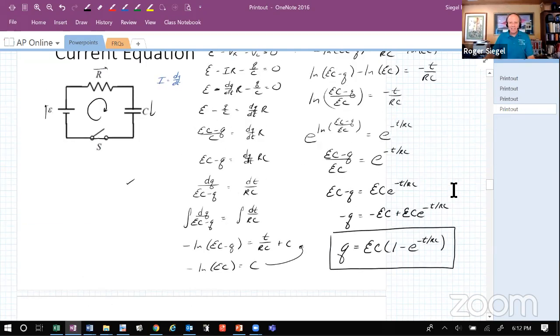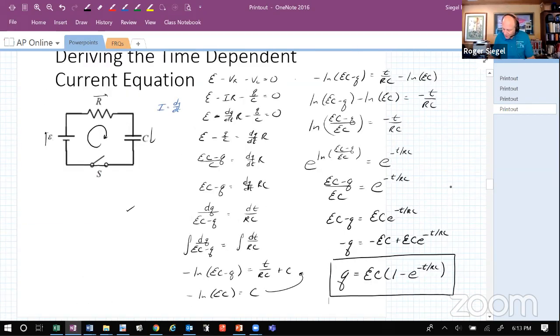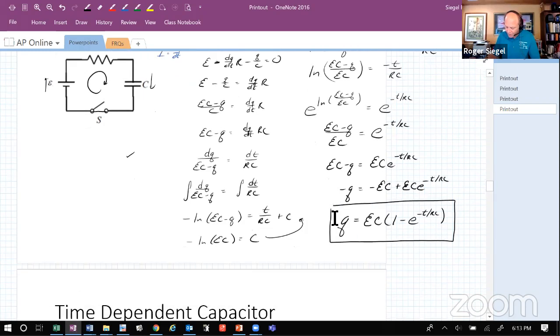Now, look at this derivation. I'm not going to harp on the derivation much because I think it's kind of like memorizing a poem or a dialogue in a foreign language class. You practice it a few times and you get really good at it. But what I want to look into and really focus on is this function. This is the charge on the capacitor as a function of time.